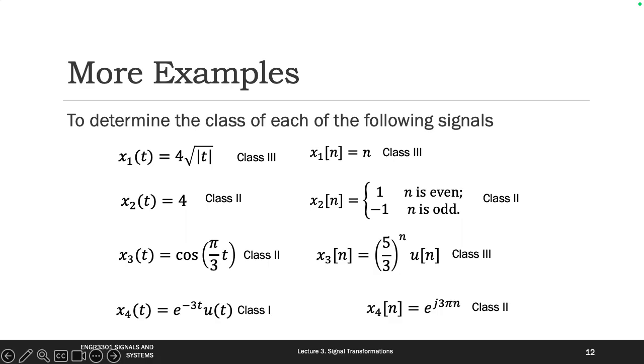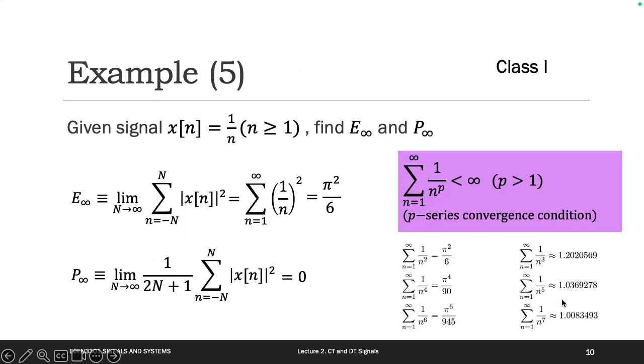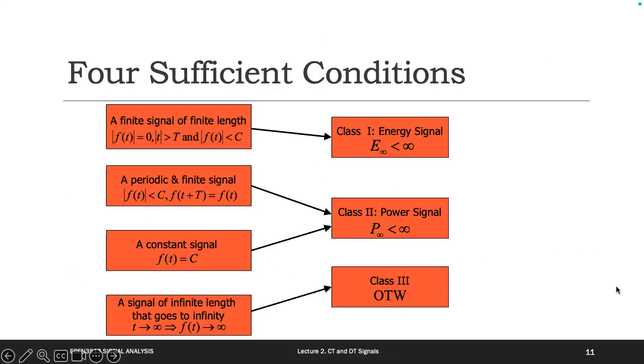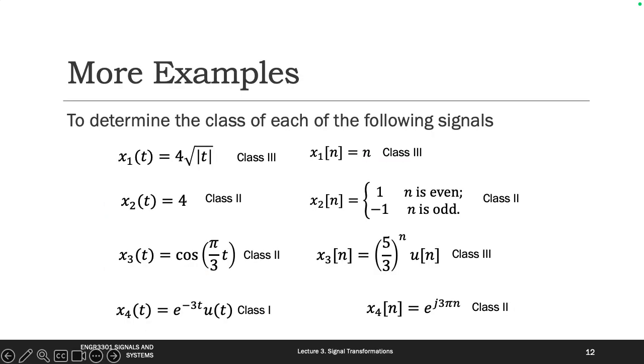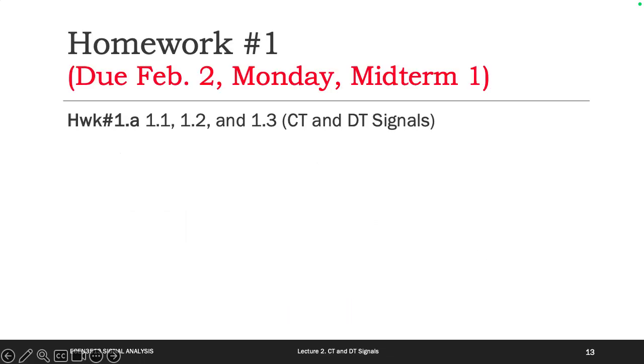So sometimes you don't need to use equations. You can tell if it is a periodic signal. Don't confuse this one with this one. You can see here there is a j, but here there is no j. Which means you can use the Euler equation to convert this one to sine and cosine, but this one you cannot. Okay, and then this is the homework. Any question, just let me know. The due date should be our first midterm.